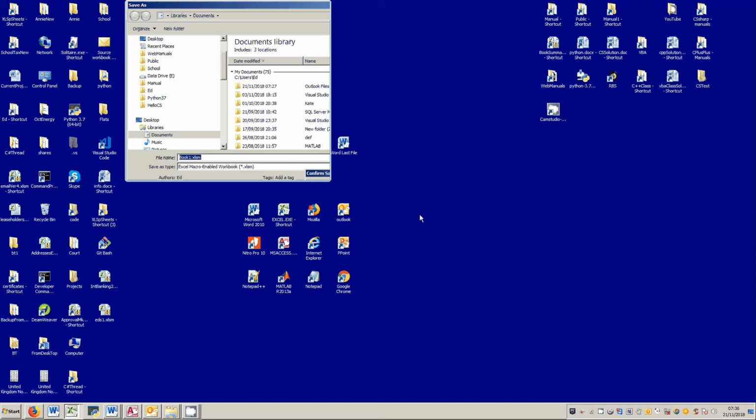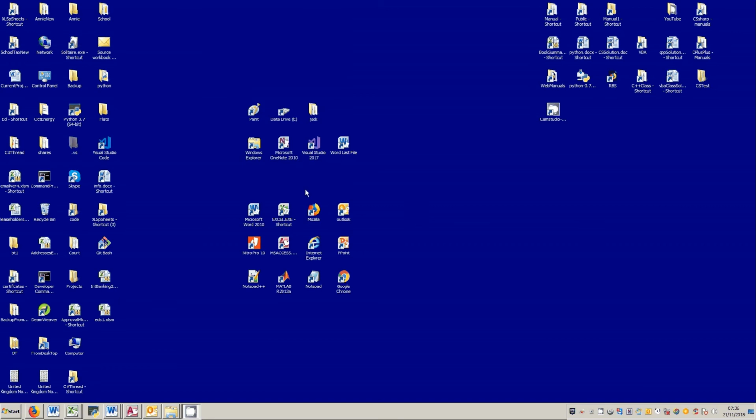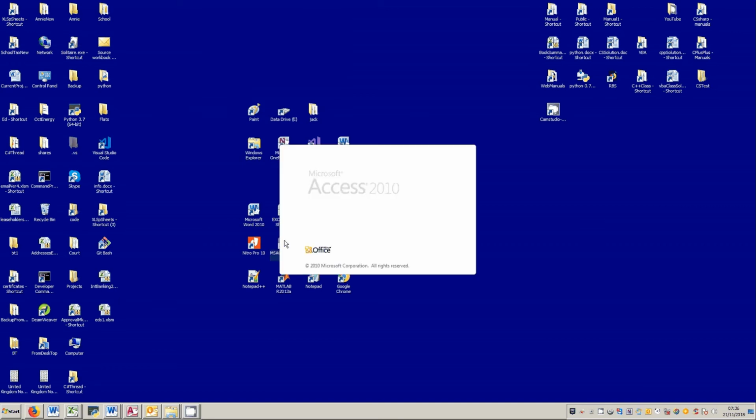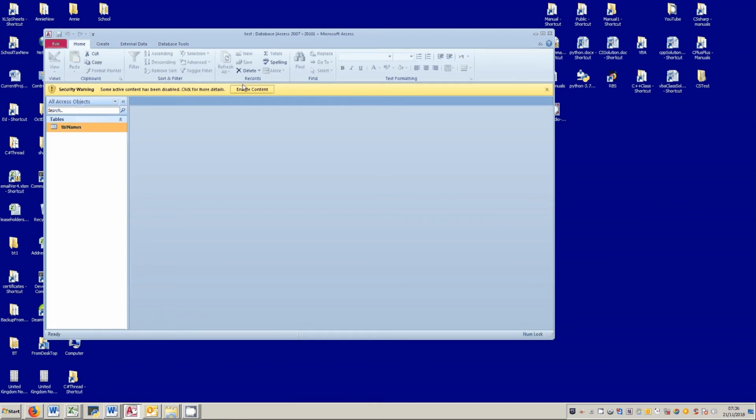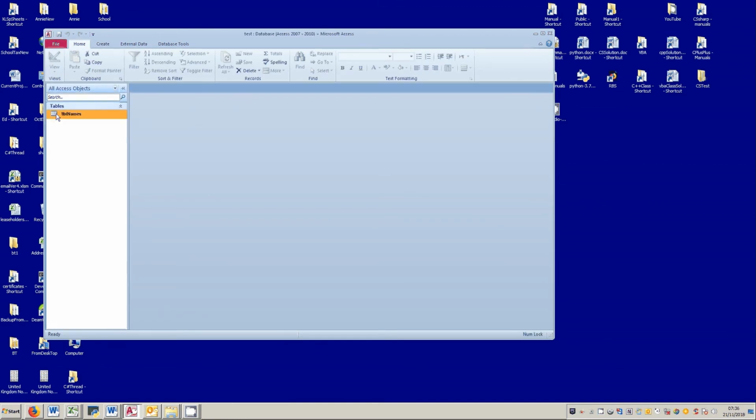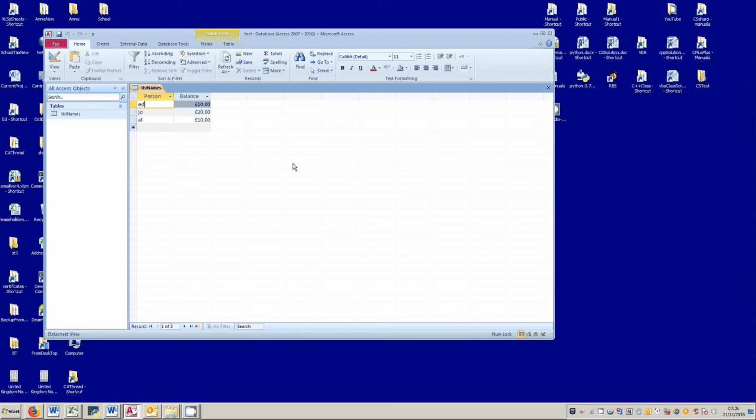And I'll open up my Access database, the previous one, which is test.accdb, and you'll notice that I've got my table there. Now, first of all, I'm going to show you how we can use SQL within a database. Access is a good one to use to practice SQL, and I'll show you why. We need to first make a query to find out, say, everyone who's got £10 in that